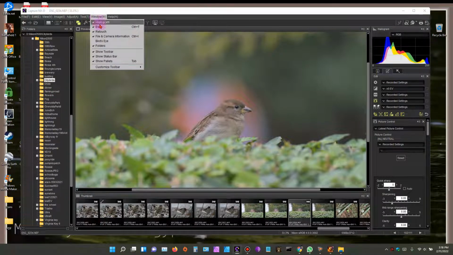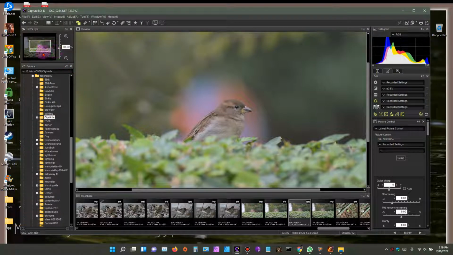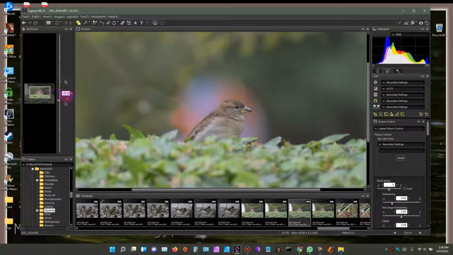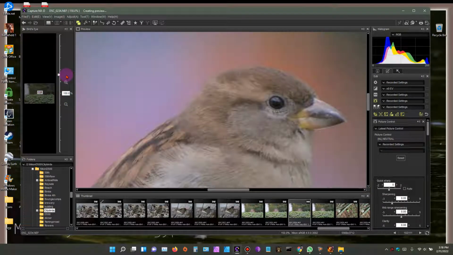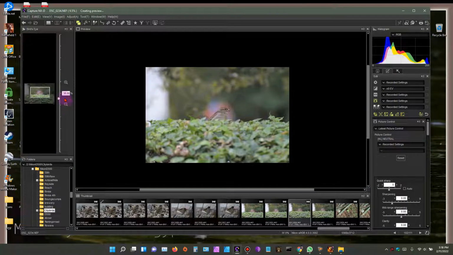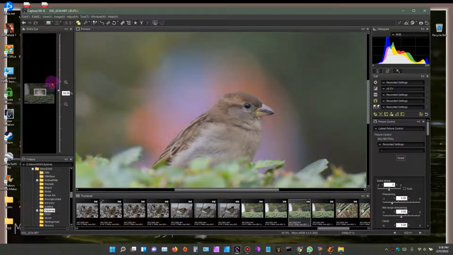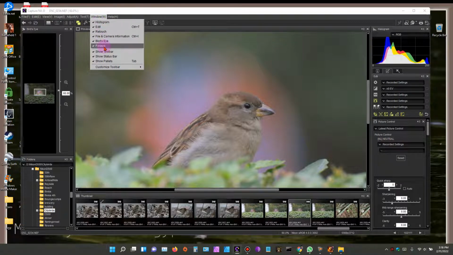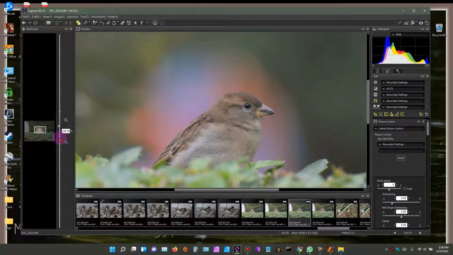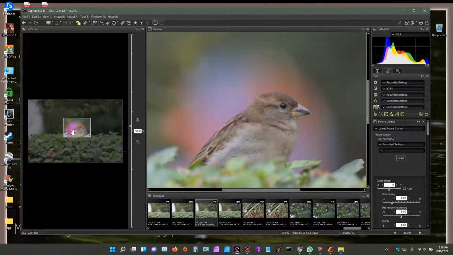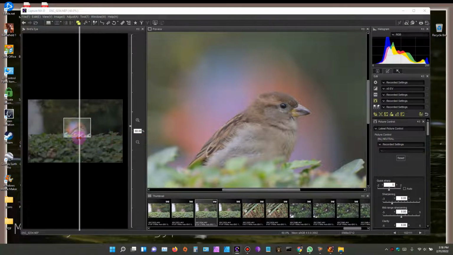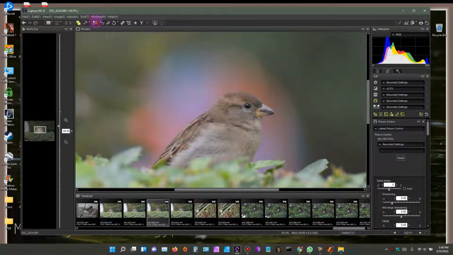And you go to Window, Bird's Eye, and you acquire the window for your slider to control the magnification of your image. If you choose to work with the slider for magnification, uncheck Folders, and then you can work with this window. So that's how you do that. So let's get into